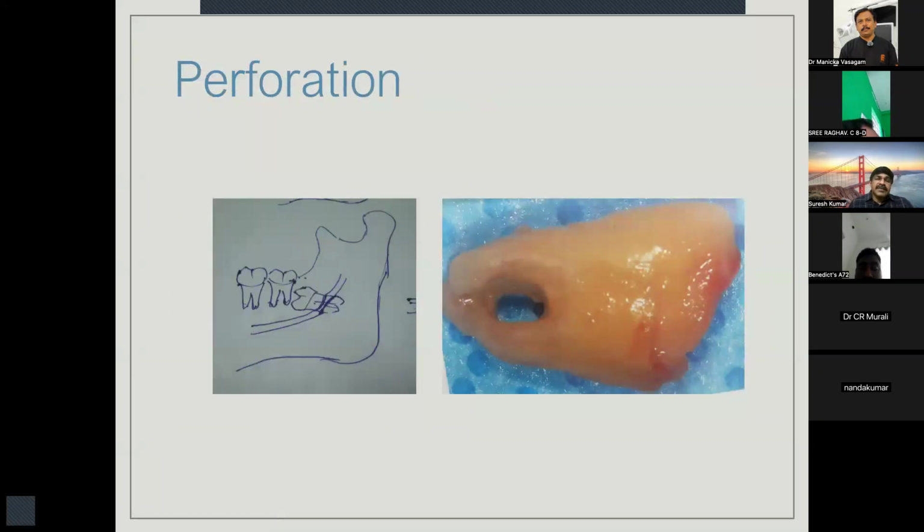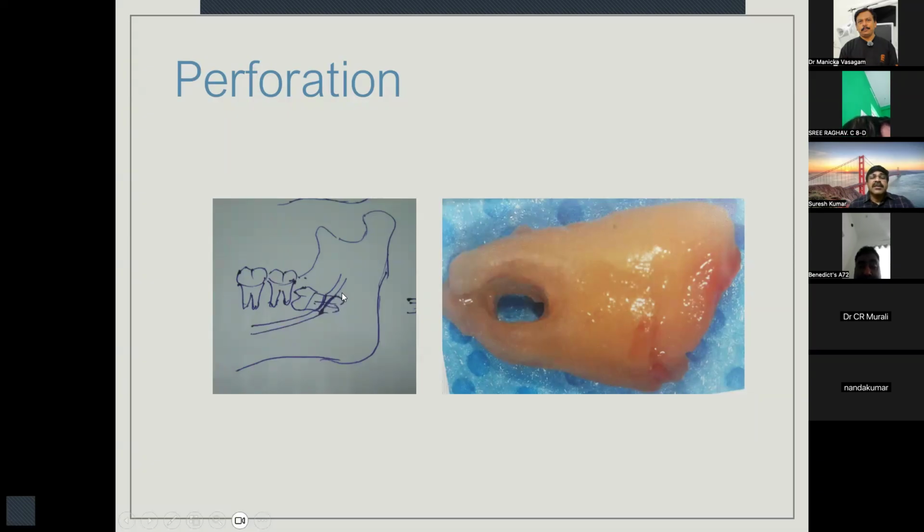And then finally, there is a very tough situation which is called a perforation, which we see very rarely. I have never seen it. I have been told by my friends they have encountered such a situation, but very rare. That is, the nerve will enter on the distal side of the tooth, perforate the root, and exit through the mesial side of the root. It will continue as the IAN canal. Okay, you can see after extraction there is a perforated part of the root which is caused by the inferior alveolar canal.